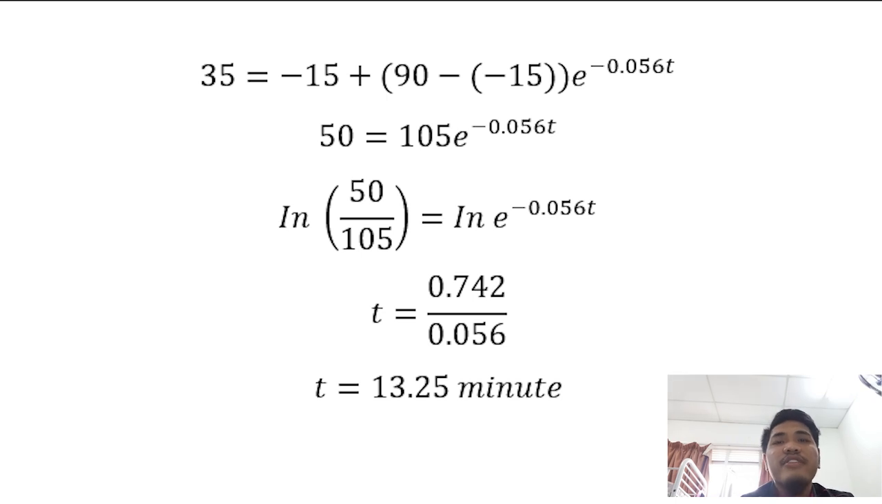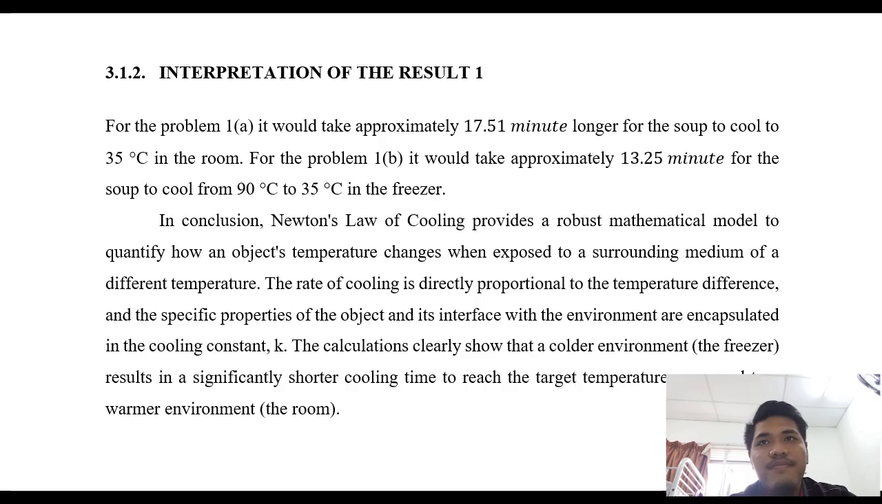Substitute all the information we get into our equation, and we get T equal to 30.25 minutes. So from problem 1A, it will take approximately 70.51 minutes longer for the soup to cool to 35 Celsius at room temperature. From problem B, it will take approximately 13.25 minutes for the soup to cool from 19 to 35 in